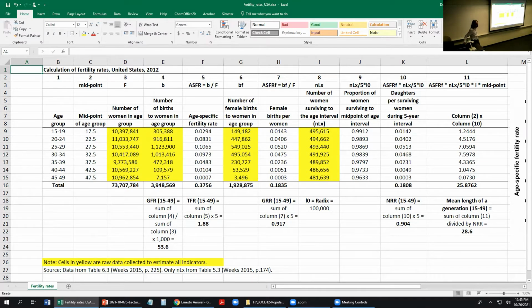Good afternoon, everybody. I will continue today on this spreadsheet in which I show how to estimate the fertility rates. And just a quick